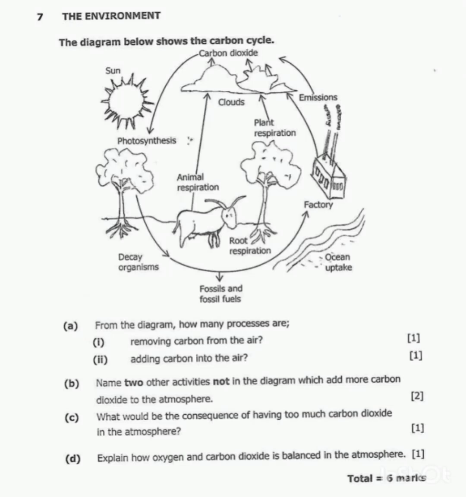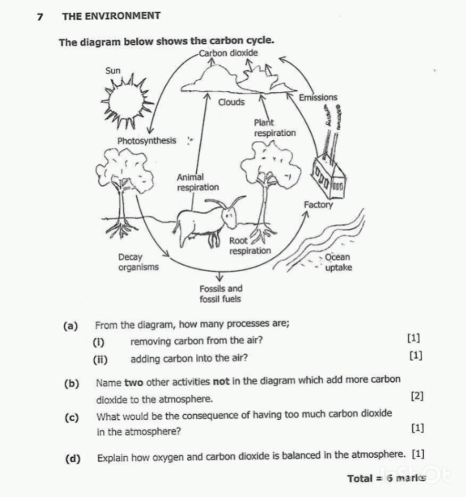Okay, so let's look at question number 7. The diagram below shows the carbon cycle. Question A, from the diagram, how many processes are: Roman numeral 1, removing carbon from the atmosphere; Roman numeral 2, adding carbon into the atmosphere. So they want us to identify